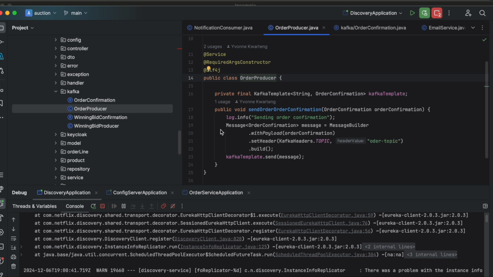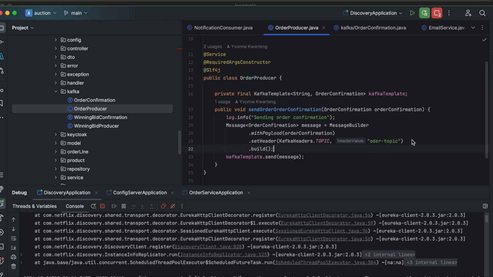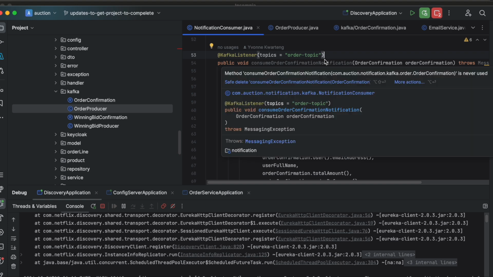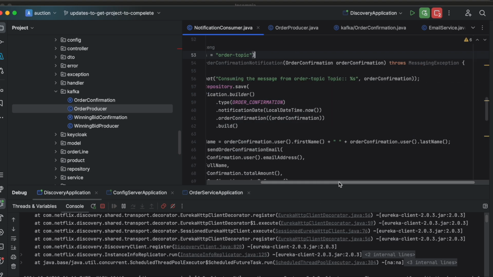So this is what is required, the message as so. Remember, this is what I'm looking for. The Kafka topic will be looking for this reference, which is the same as what we've got here, order topic, the same thing like the payment. Okay,